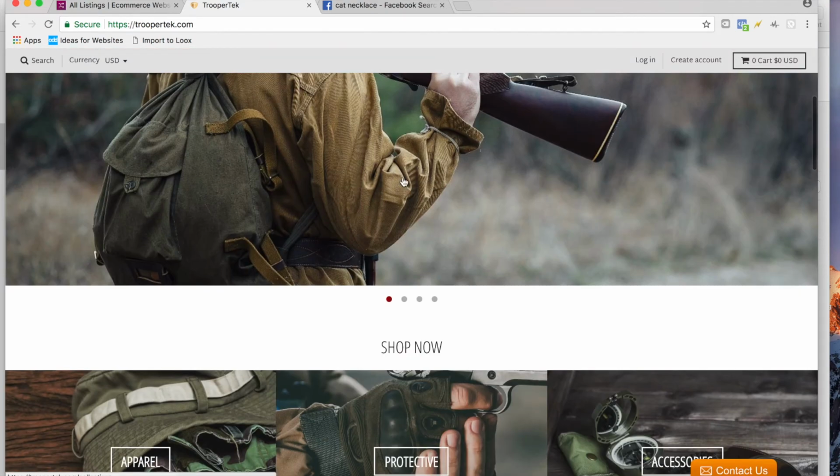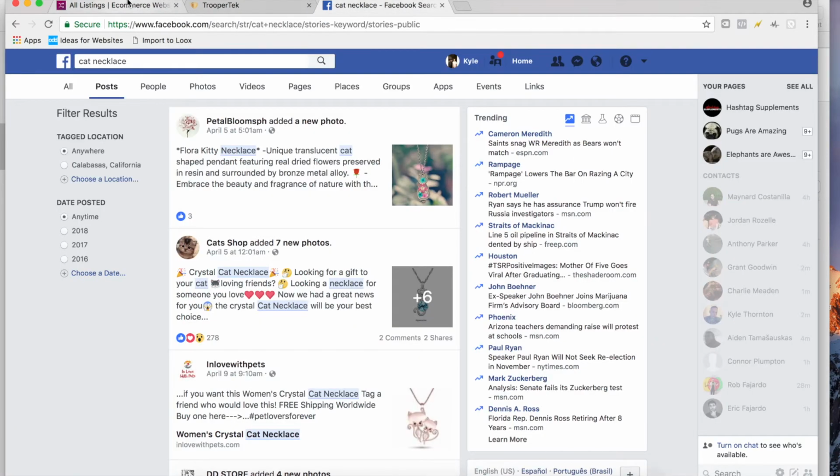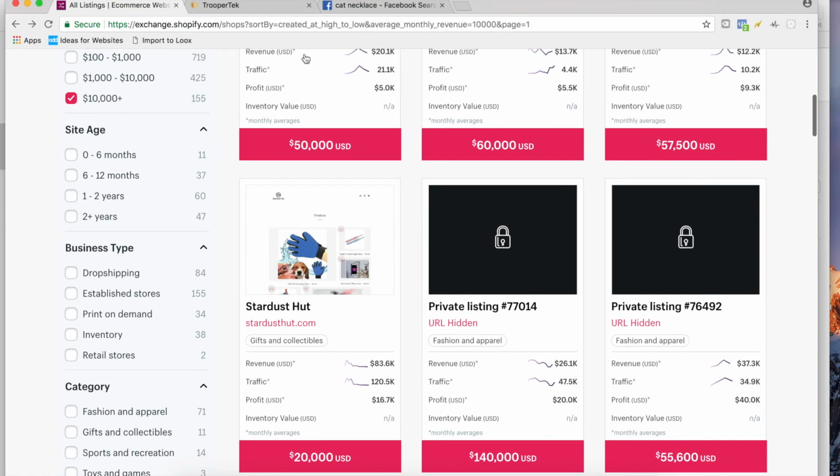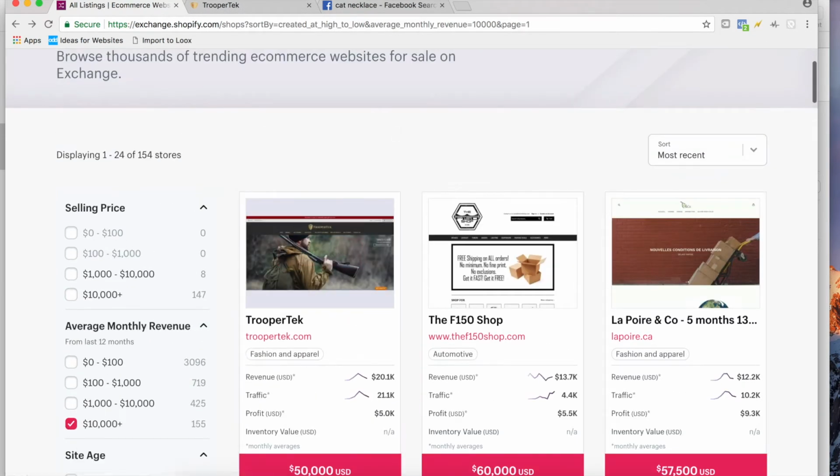I'm gonna give you one more strategy. So this is kind of like a bonus. This is like 2.0 of the 2 ways you could spy on competition. So first one's obviously searching the Facebook function. Second one is using the exchange to see what stores are doing, what products they're selling, etc. The third one, this is where it gets a little bit crazy. And I don't even know if this is gonna work because I just thought of this on the spot, but